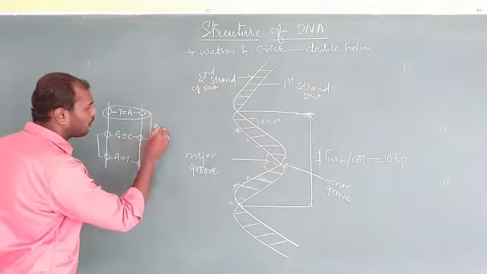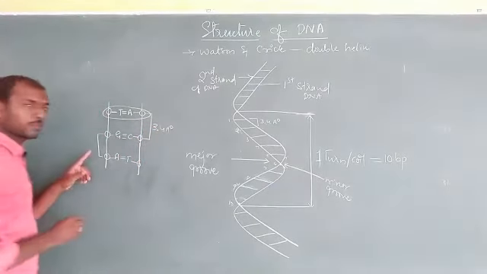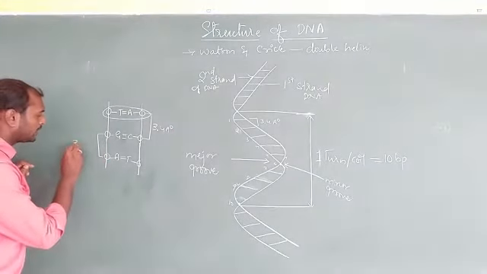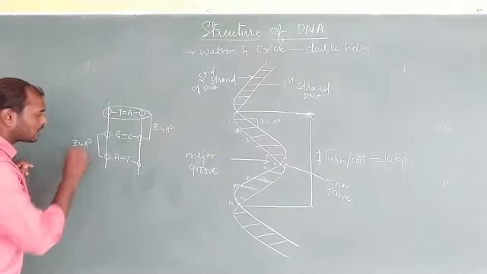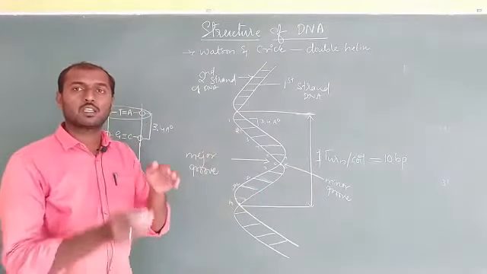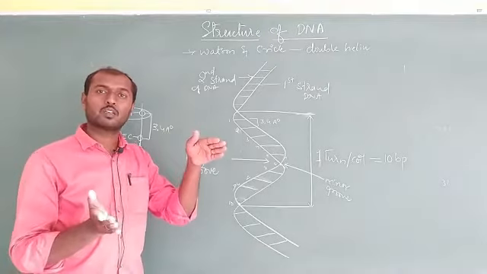Okay, and from second to third again that is 3.4 angstrom unit. So that's why each base pair is away from each other at a distance of 3.4